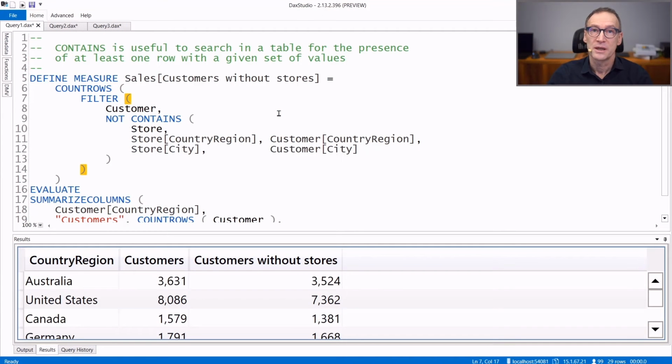There are two functions in DAX to check whether a table contains a row with specific values. They are CONTAINS and CONTAINSROW. CONTAINS requires the table to search into as the first argument, and then a set of pairs of arguments. The first is the column you want to search into, and the second is the value you want to search